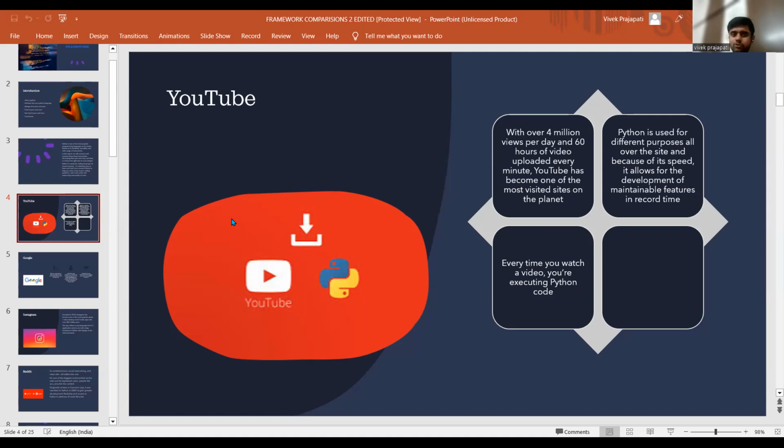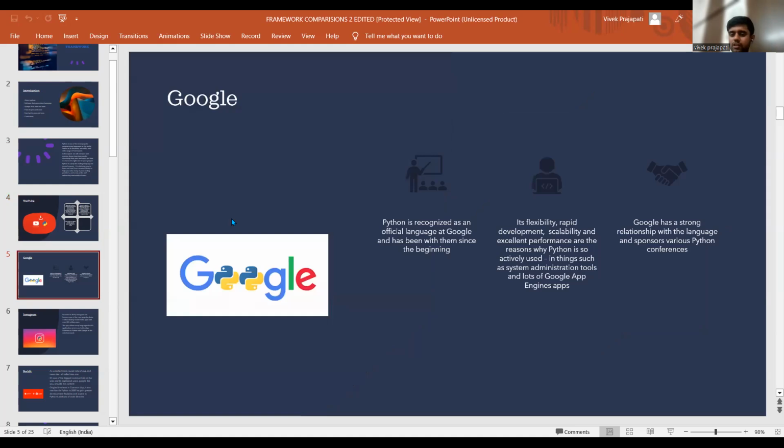So if you are watching a YouTube video, you are executing Python code. Next is Google. Google also uses the Python programming language. I think in the start of 2005 they shifted their programming language in other scenarios also, but at first they started with Python.